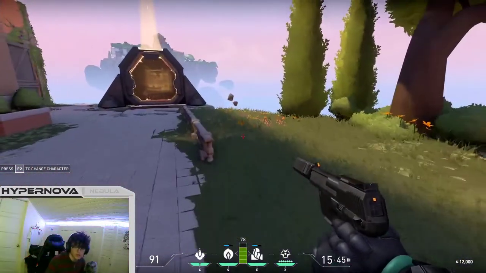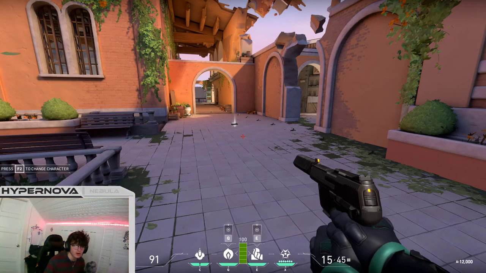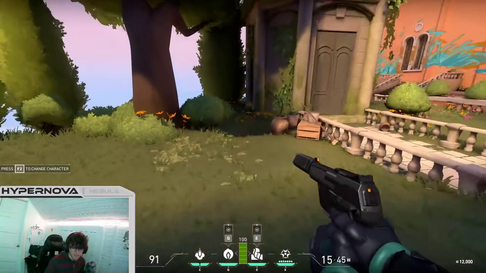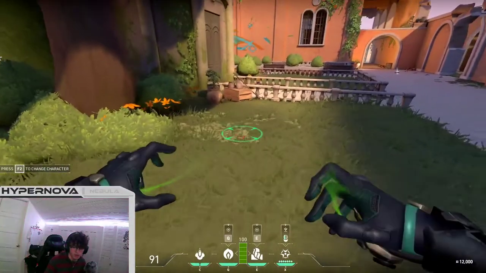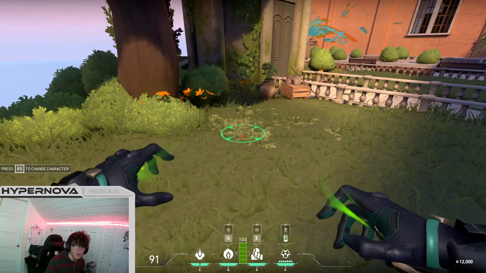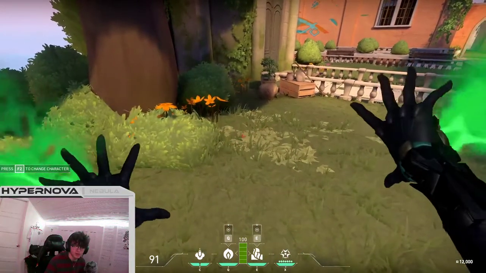Now, her ultimate is one of my favorite ultimates in the entire game, and that's because it's very useful for guarding your spike placement. So let's say that this is your objective space, and someone places a spike right there. She can use her ultimate ability, you can tell where to put it, to guard that spike so that no one can see it or go near it. So you place it on the spike,